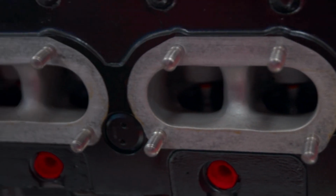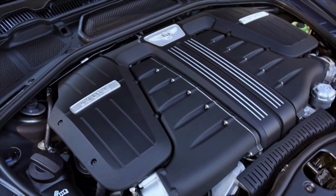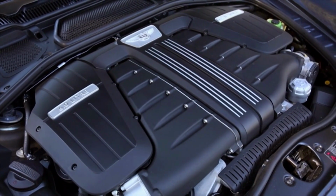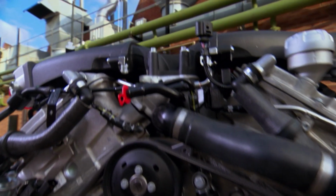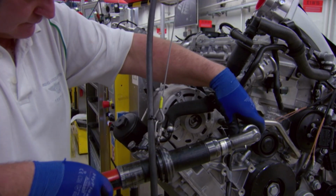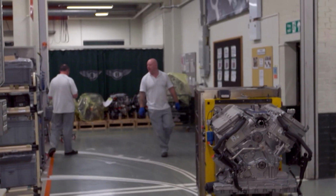Merlin 12-cylinder aircraft engines produced over 1,000 horsepower. Not a far cry from today's Bentley 12-cylinder engine, which musters up an airworthy 616 horsepower. We build more 12-cylinder engines than all other manufacturers put together. The engine block begins its journey to the line on a tool slightly more sophisticated than the ones used in